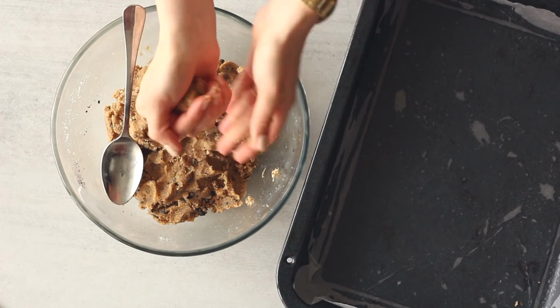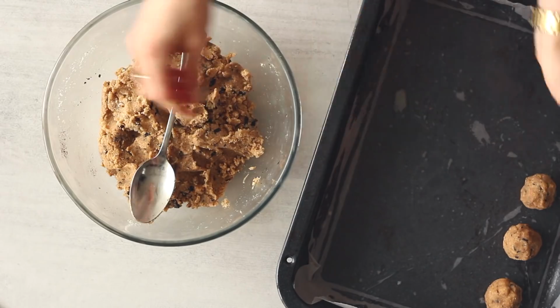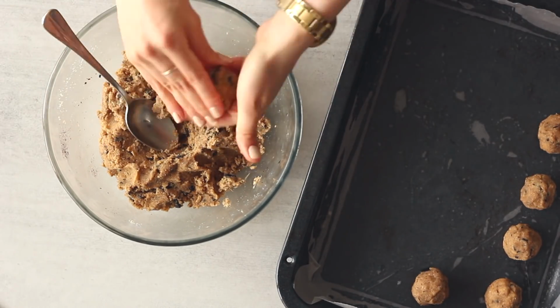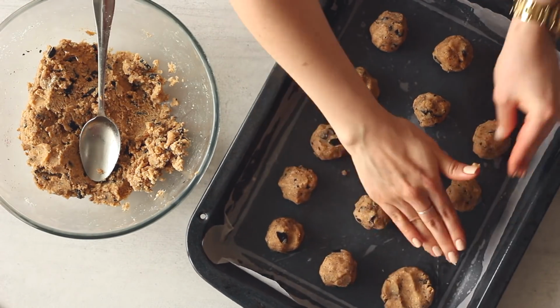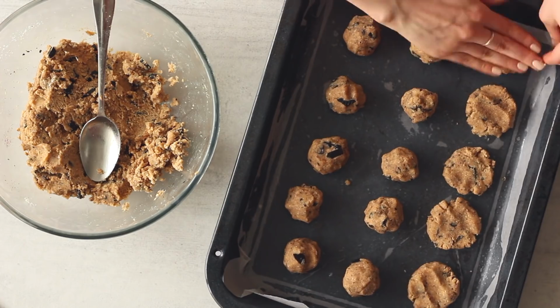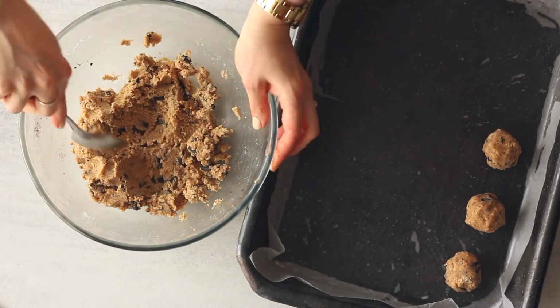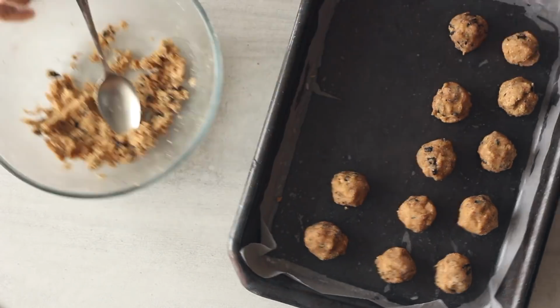a small ball in my hands, and then placing that on the baking tray, and I'll just keep doing that until the baking tray is full. And then I'm gently pressing down each cookie dough ball with my fingers to create a rough cookie shape. And then I'll do the same thing again on another baking tray until all of the cookie batter has been used up. This recipe makes roughly 30 to 35 cookies in total, depending on the size that you make each